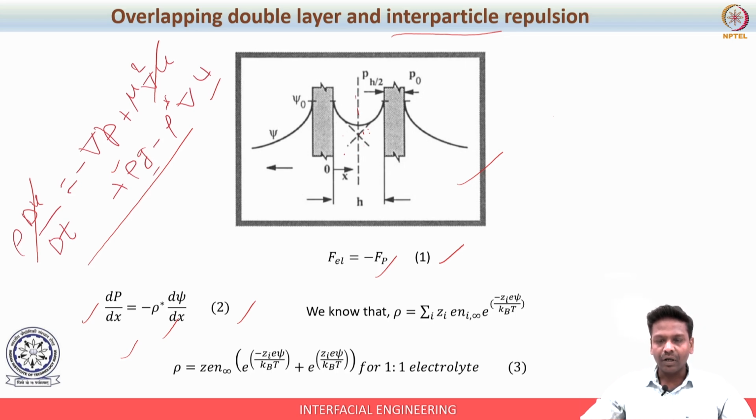So that will cause some sort of imbalance, an osmotic imbalance. So what they will do, they will try to access more area by compressing the objects towards each other. In that way, the ions will get more accessible volume. This is called osmotic pressure, due to the imbalance. This pressure creates a compressive force, because the plates will be moved closer to each other.